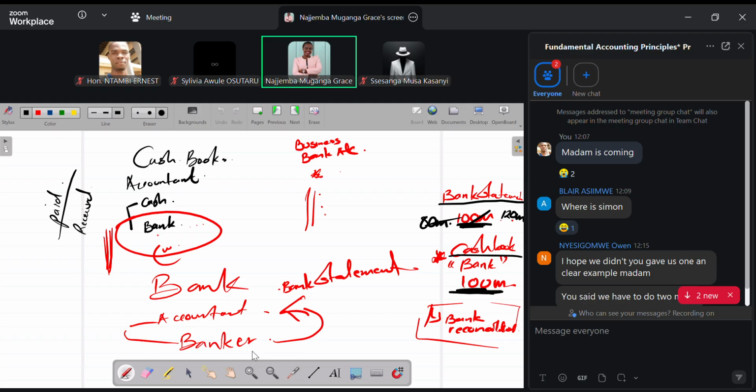So at the end of the month, we expect a bank statement which is sent out indicating the balance of the given business, indicating the balance of the given account all together. So,